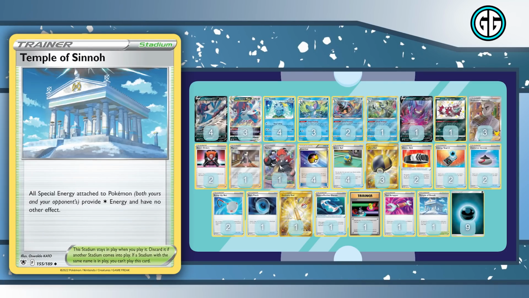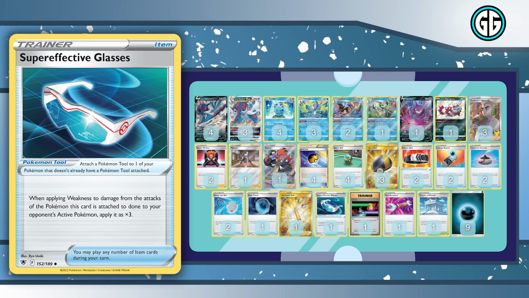1 Temple of Sinnoh and 1 Super Effective Glasses. Now, both of these cards are for the Mew matchup, and I think I would probably cut the Super Effective Glasses and try and beat Mew without it. We definitely need to play at least one stadium that isn't Path to the Peak, so we can potentially counter our opponent's Path to the Peak to potentially use Crobat, or more importantly, the Moon Cleave Star from our Samurott VSTAR. So we definitely need to play a stadium that is not Path to the Peak,